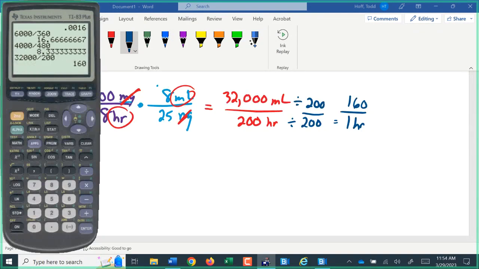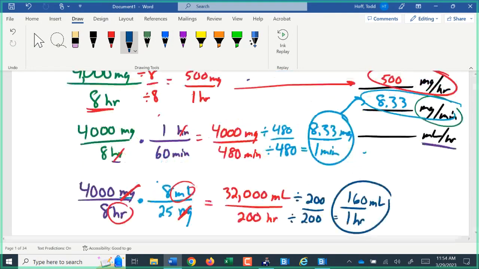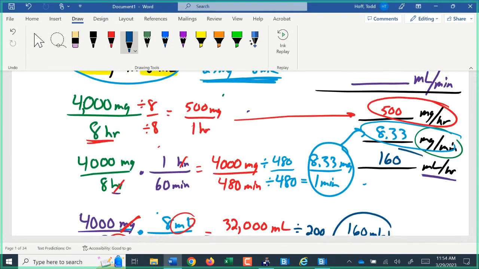It is 160, I'm pretty sure. 160 milliliters. So that would be 160 milliliters per hour if that were our desired flow rate. Now again, if this were an electronic infuser, you could program in 160 milliliters per hour, and most electronic infusers, I should say, that are capable of doing a direct volume like that can convert from milliliters per hour to milliliters per minute. But if we're using either a manual or a mechanical infuser,